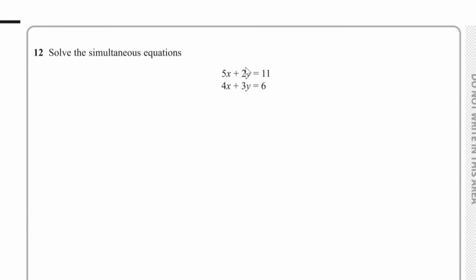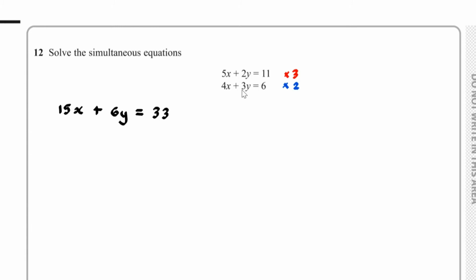Well, if I multiply this first equation by 3 and this second equation by 2, then 5x times 3 is 15x. 2y times 3 is 6y. 11 times 3, that's equal to